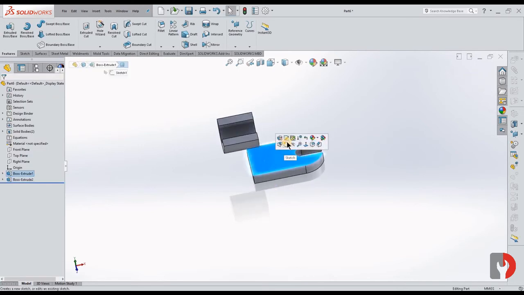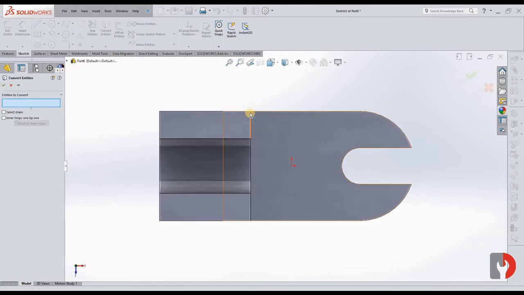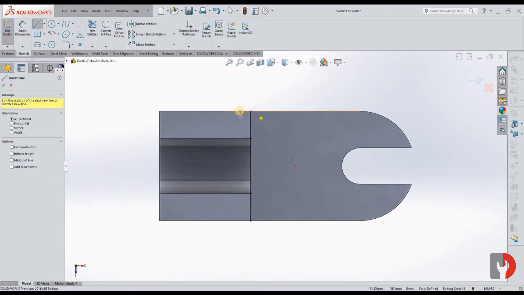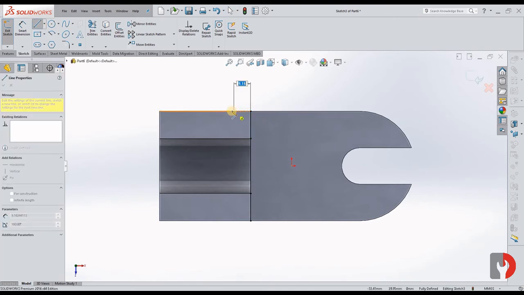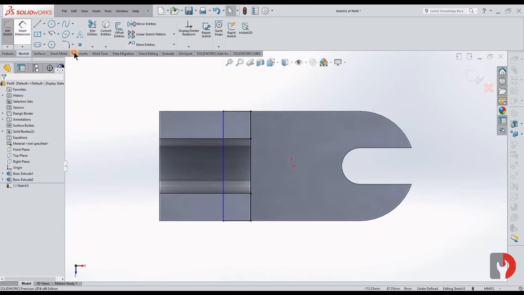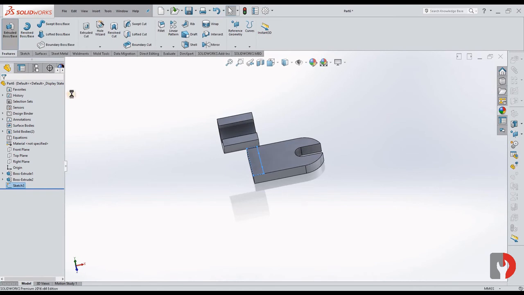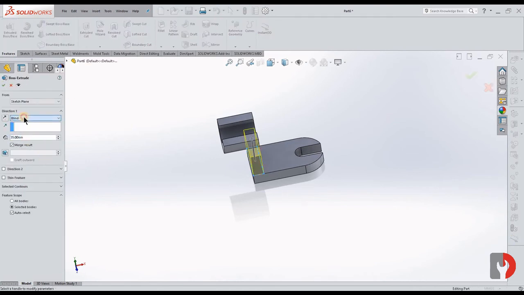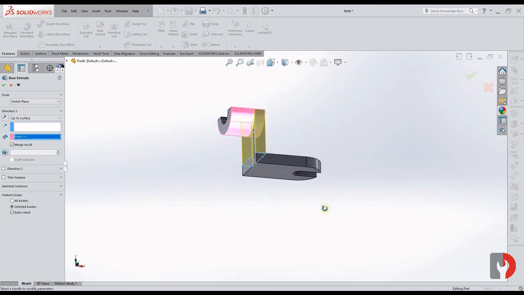Now let us choose this face, sketch, convert entities. Okay, let us choose this one, this and this. Okay, and let us 15. Okay, and join it. Now give dimension 15. Okay, now it's fully constrained. Exit from the sketch, extrude. Okay, direction up to surface, choose the surface. Okay,